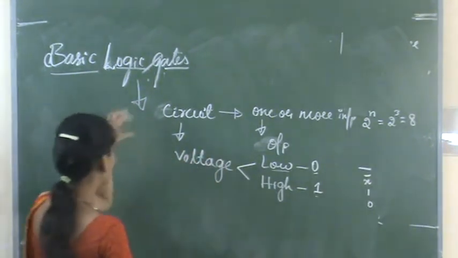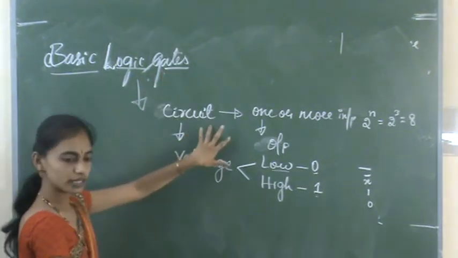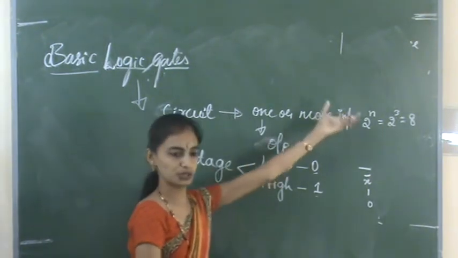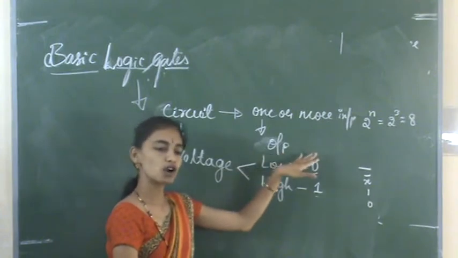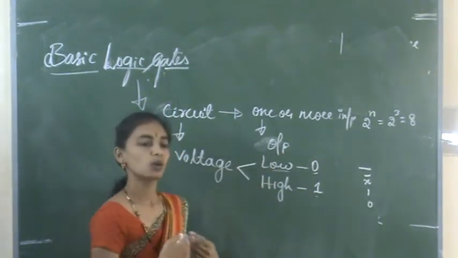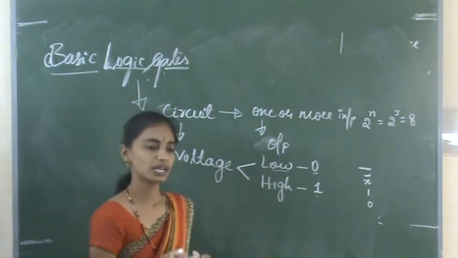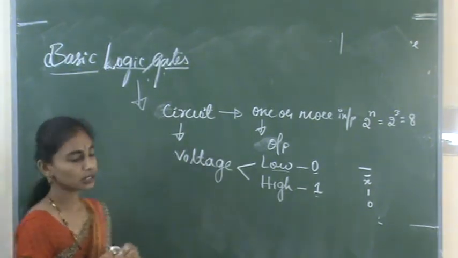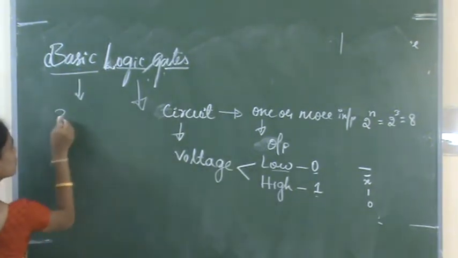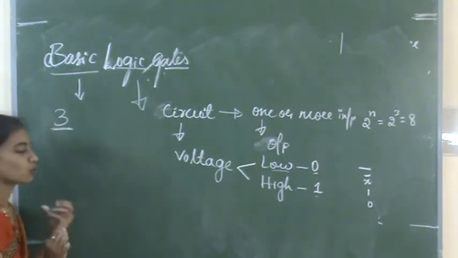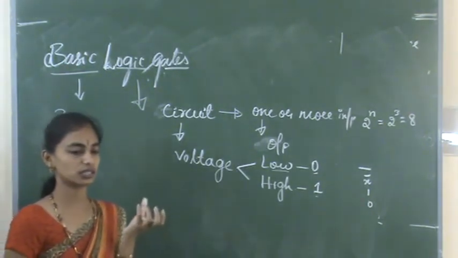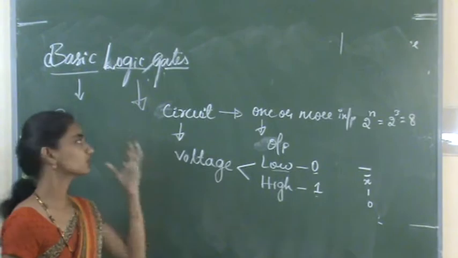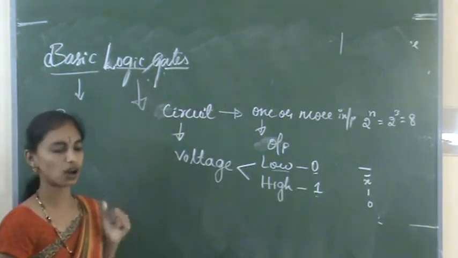Okay. So what is this gate means? So gate is an electronic circuit which operates on one or more input signals to produce an output signal. Okay. So it will accept one or more than one input and produce one single output. That we call it as gate. Okay, so in this we have 3 types of basic gates. Okay, so what we studied as logical operators, those logical operators we call as basic logic gates or logic gates.